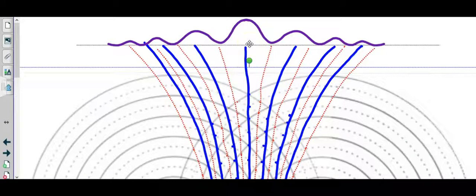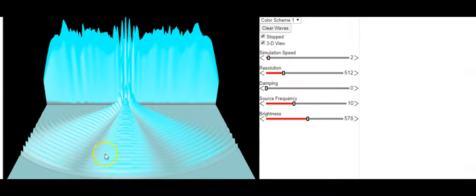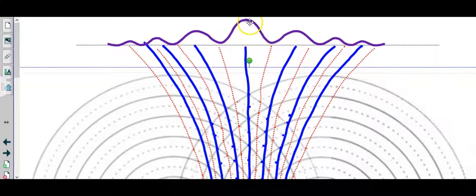If you were to look at these waves as we did over here in the simulation, you can see that the center wave is the tallest, and then there's a dip on each side, and then the next maximum wave is not as tall. And so in our diagram over here, you can see I've drawn this schematically. So the central wave, the central constructive interference, is the tallest. Then you have a cancellation on each side. Then you have another additive construct, but that wave, the first order of each wave to the right and left